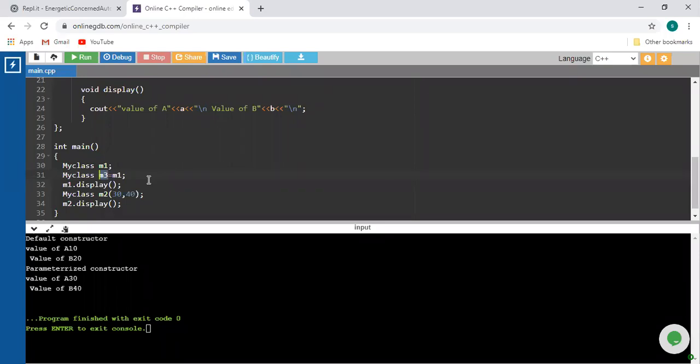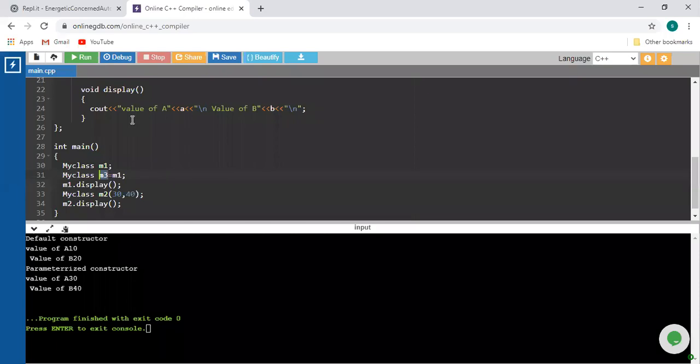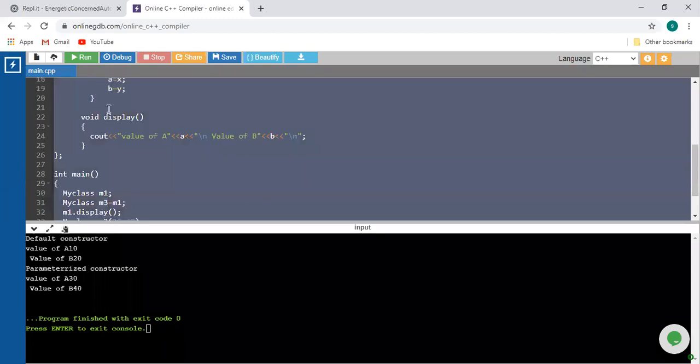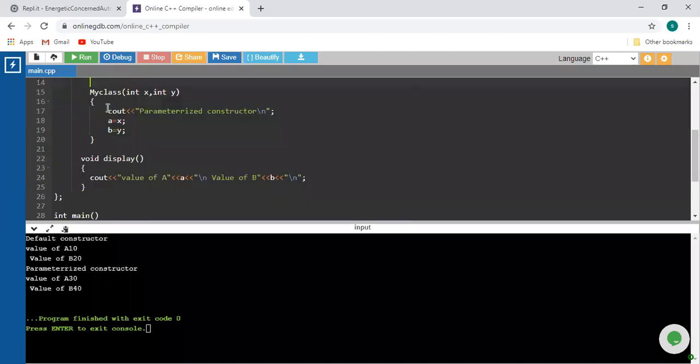Then how are you going to represent that copy constructor? Before that, I will copy this code and paste it for you. This is related to the parameterized constructor. Next one, here I will write that constructor.